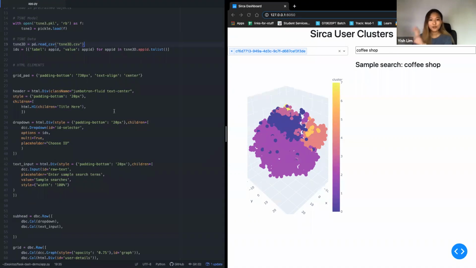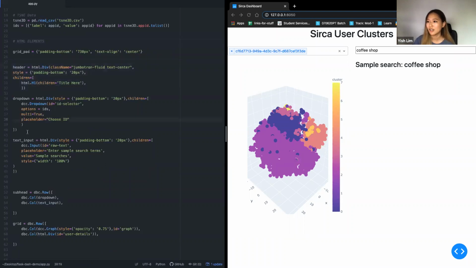So for Dash, I like to think start small to big. Let me go over the whole thing here. There are a couple of sections in this app.py. These are all the HTML elements. Here I'm defining the header, the dropdown, which is this. And actually this exact syntax, the Dash